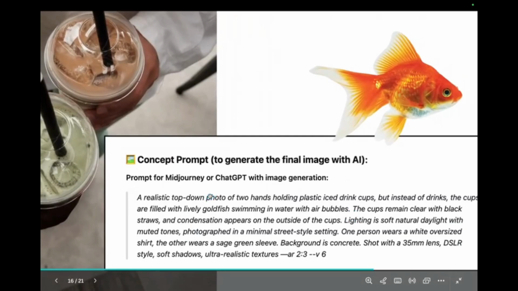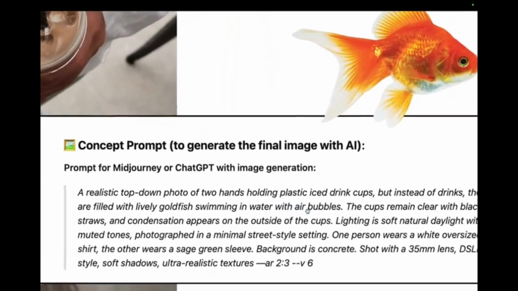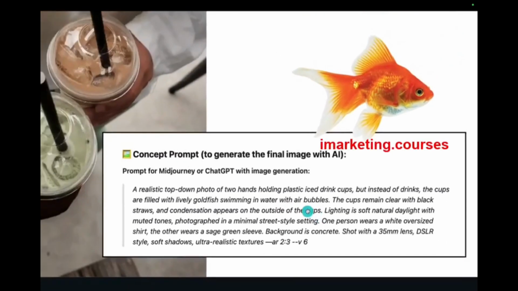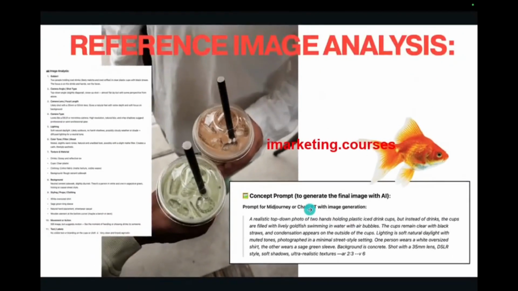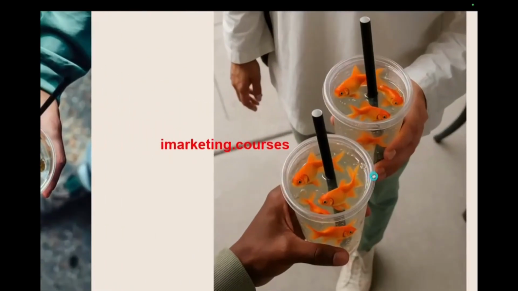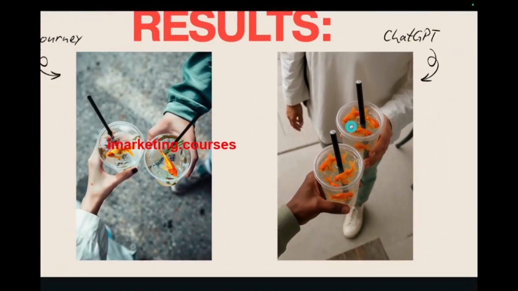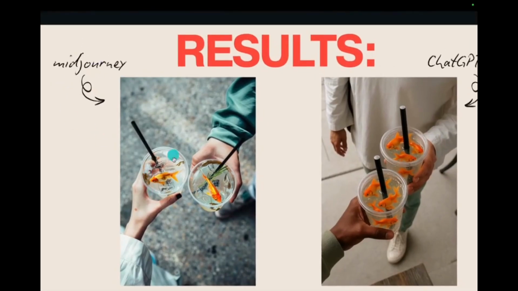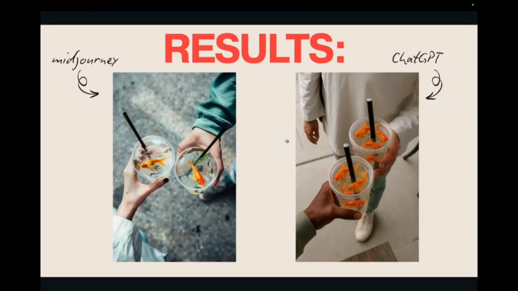If you're not 100% happy with the result, of course you can change it. Let me show you what the chat created. This was created by ChatGPT. You can see how cute it is. Later on, I had an idea to animate those fish, like they're moving in the cup. It could be super cool and eye-catching. This is what Midjourney created. So we have two examples of the main apps we are going to use in this tutorial.